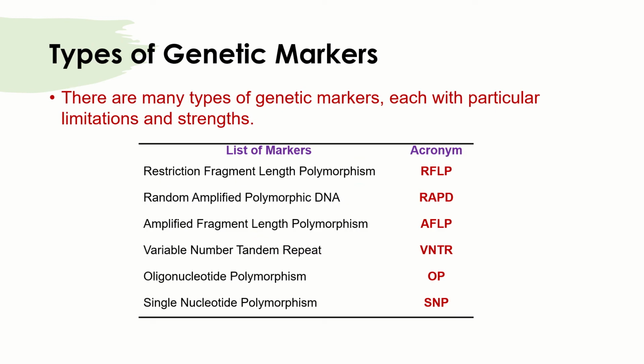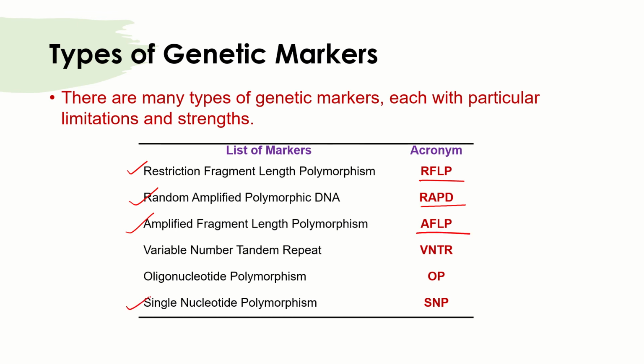Now, in the last few decades, many markers have been identified. This process started around the end of the 20th century, around the 1970s, 80s, when people started identifying the genetic markers. The very first marker which was identified was restriction fragment length polymorphism, RFLP. Next is random amplified polymorphic DNA, that is RAPD. It is generally called RAPID. Another important one is amplified fragment length polymorphism, that is AFLP.